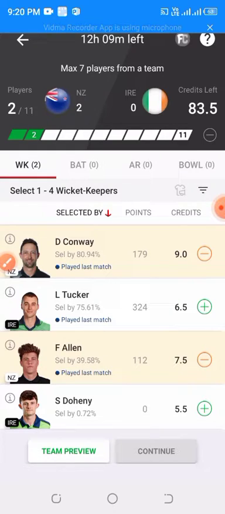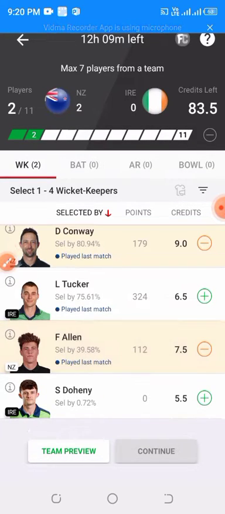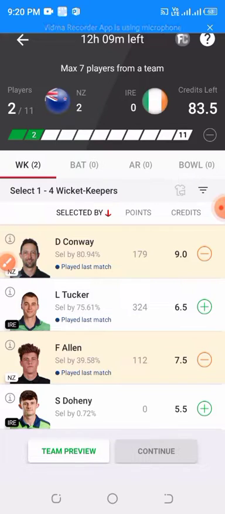Finn Allen. An interesting fact about Finn Allen is he loves to score runs at batting venues. This being a batting venue, he can dominate against Ireland, especially when New Zealand is chasing.